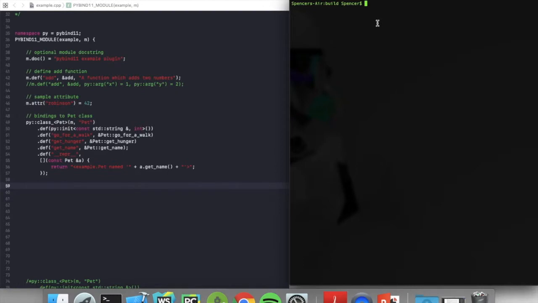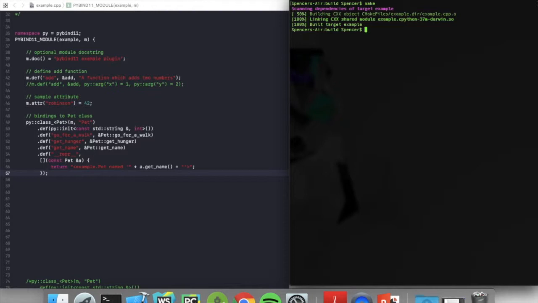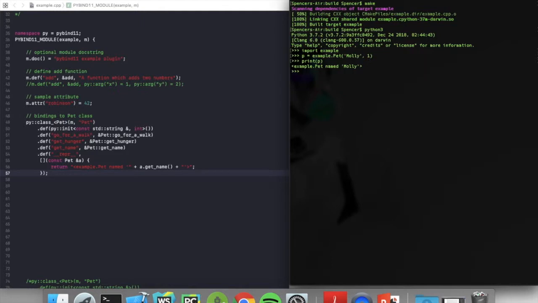So now if I go back to here, oh, you gotta take the semicolon off of there. If I go back to here and then make again, and then we'll open our virtual environment, import example,